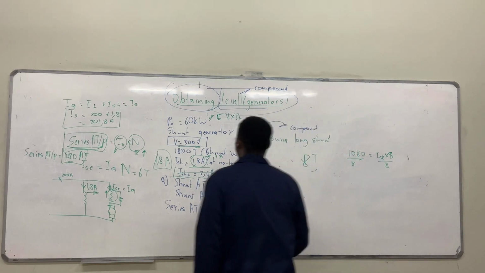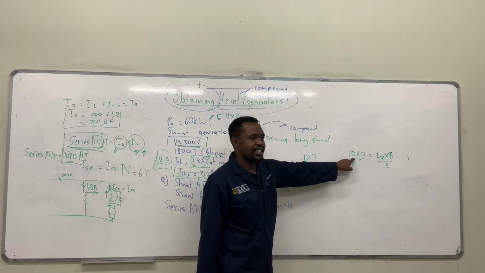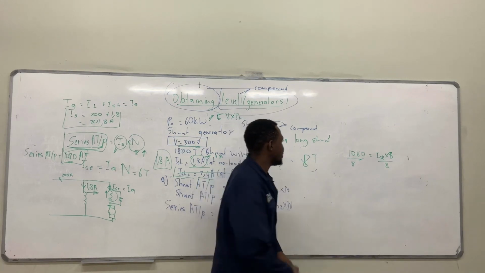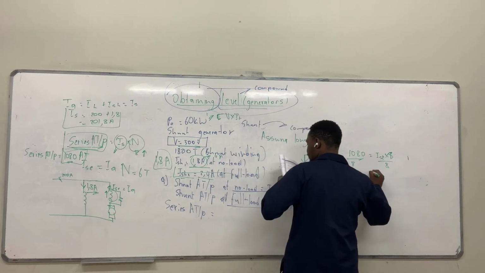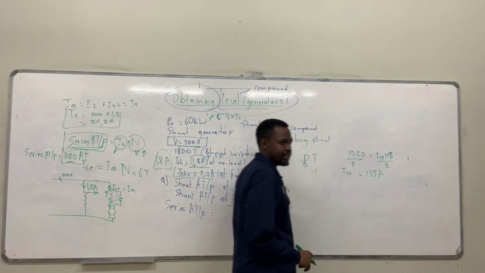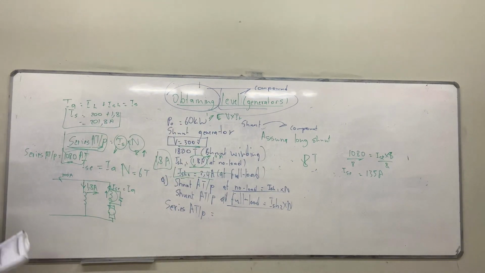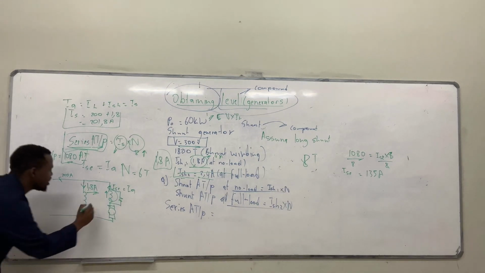That means for us to maintain it at 1080 ampere turns, the series current must be 135 amps. The question is, what value of resistance should we use so that the current flowing is